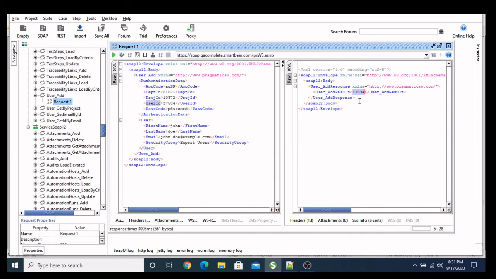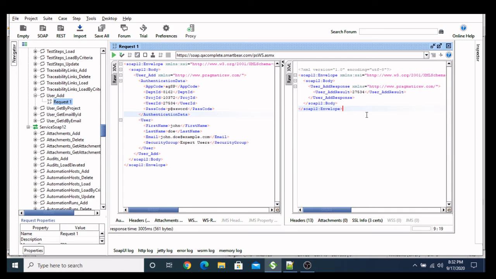So the responses should be pretty much correct. We should know what tags we are receiving in our responses, and we should understand what kind of values we should receive. What I talked about previously is that if any authentication data fails, or any test data fails, or we provide incorrect data, then we will receive error responses based on what the developer mentioned in his code.